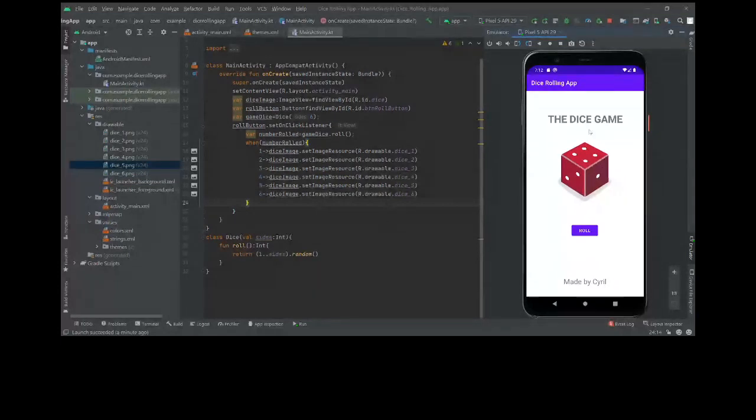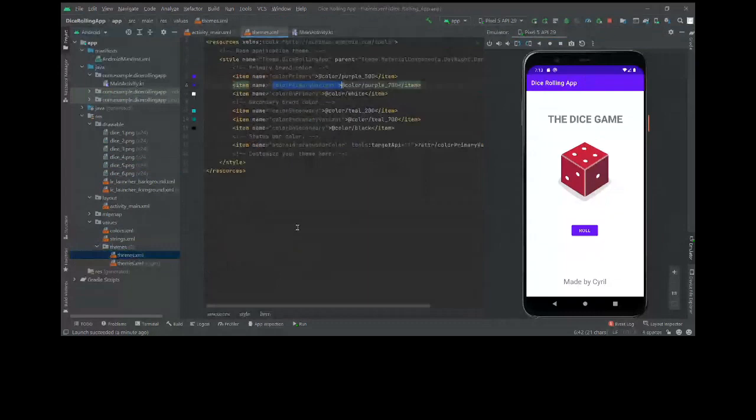Okay, so now our app is done. Now let's make some more changes. Let's see how we can change the theme of our application. So now we want this to look red. This color should be red. So what I will do is I will go to themes. We just need to change the primary color because we are not using others here. So for now I will only change primary colors.